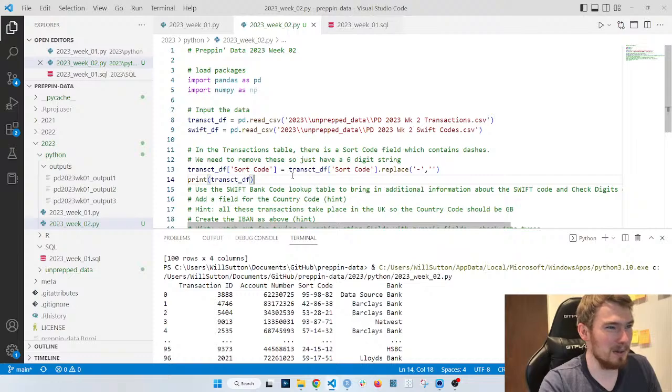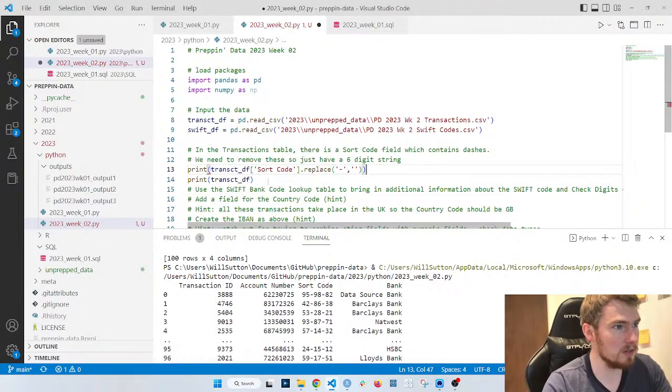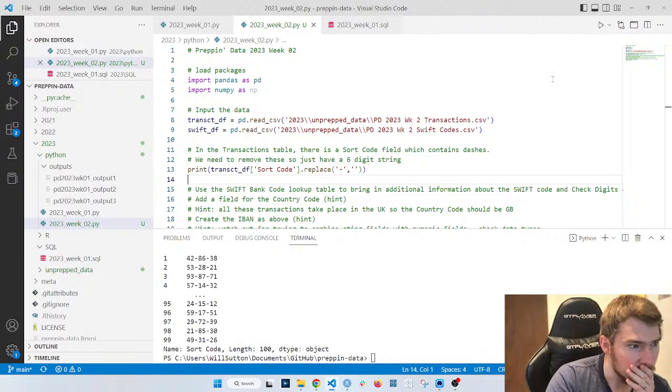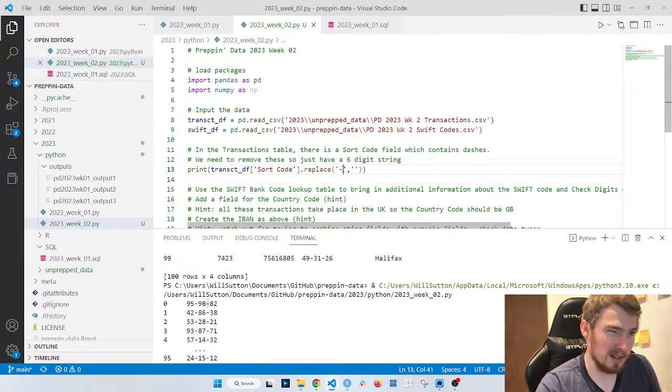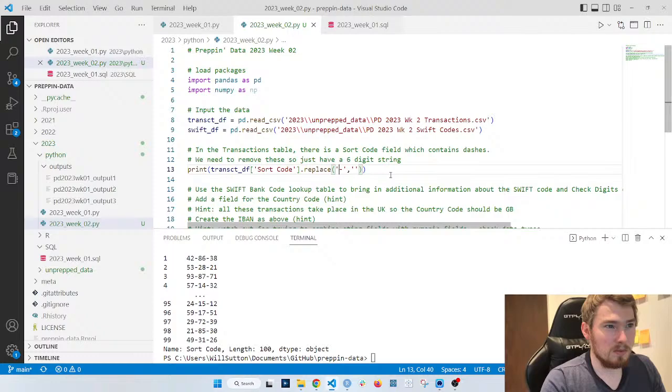Okay, it didn't work. Let's have a look at what's going on. It's not working at all. Sometimes you get different dashes. I don't know if you've ever seen that, where it's a different dash. We'll just double check. No, okay, it is that dash. Sometimes I get this, sometimes it's the other way around.